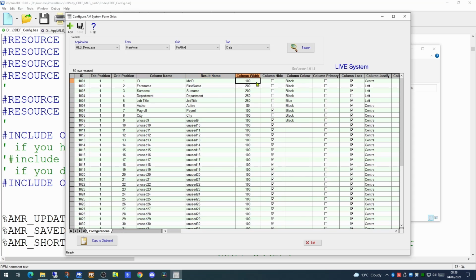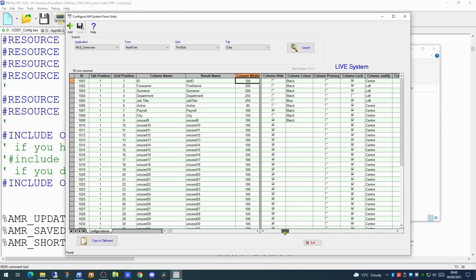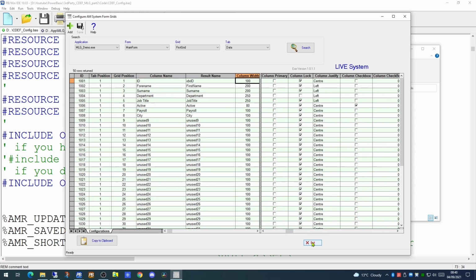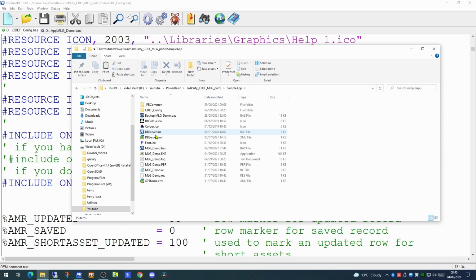We also have the column width, how wide you wish the column to be, whether the column is actually hidden or visible, and the color of the data within the column. There are also a number of other configuration options you can do in the columns, but we'll cover them as we come to them. So if we have a look at the actual application itself in our sample application folder,